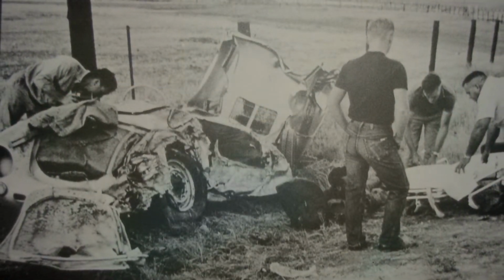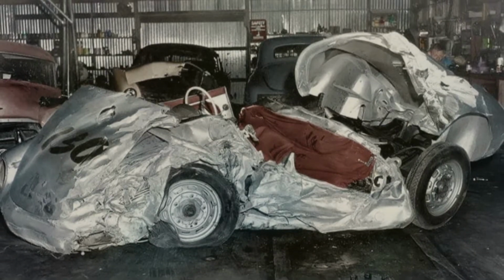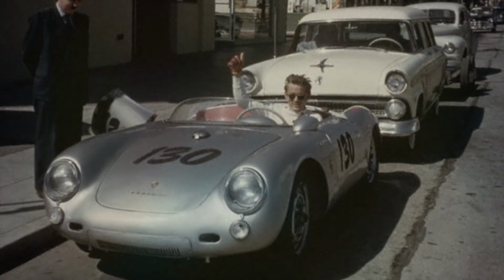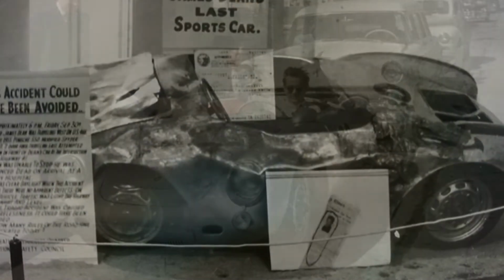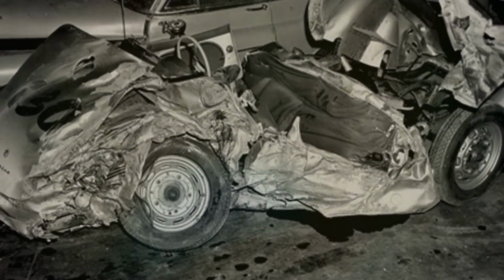Shortly after the accident, George Barris, the man who customized the car for James Dean, stripped the car for parts and sold them to two men looking to finish off some custom cars of their own. The two men ended up racing the cars, and one of them died while the other one was severely burnt